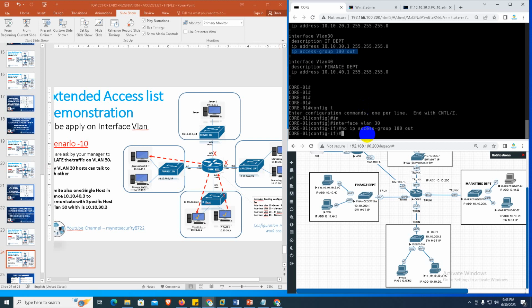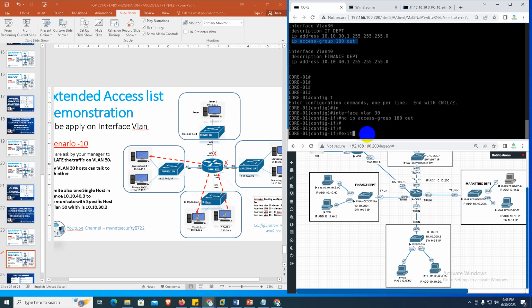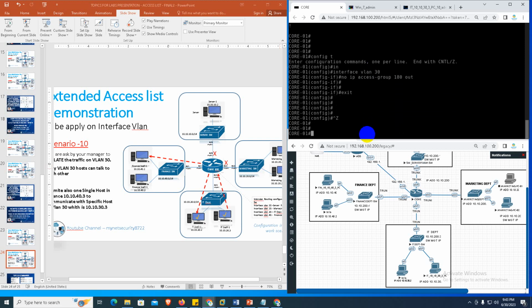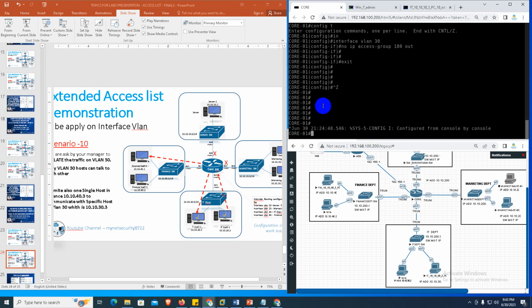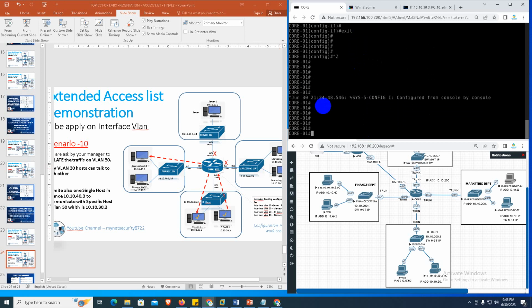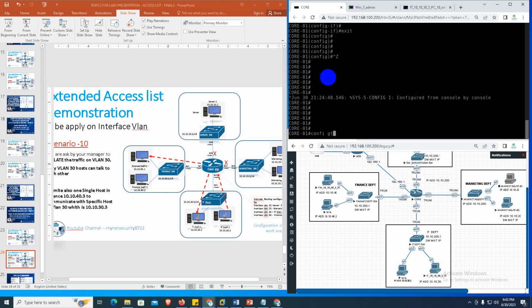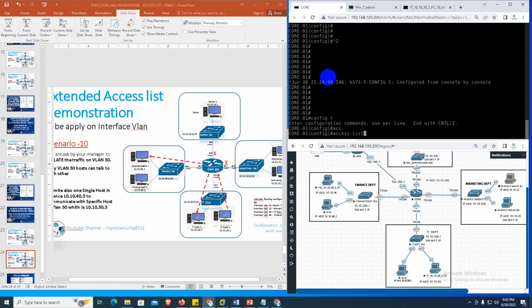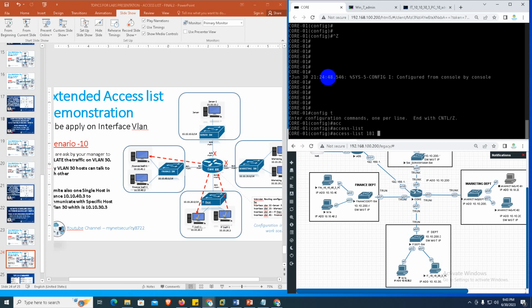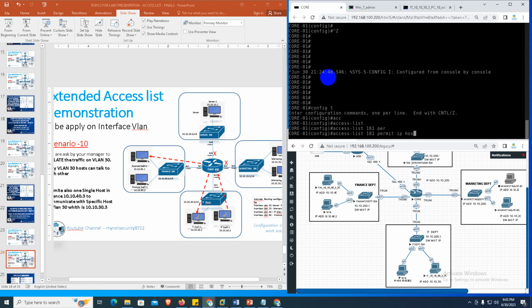Okay, and then we'll create a new access list 181. Okay, config t. Usually we can use 180, but I want to create a new one just to make it clear. Access list 181, and then we'll say permit IP host